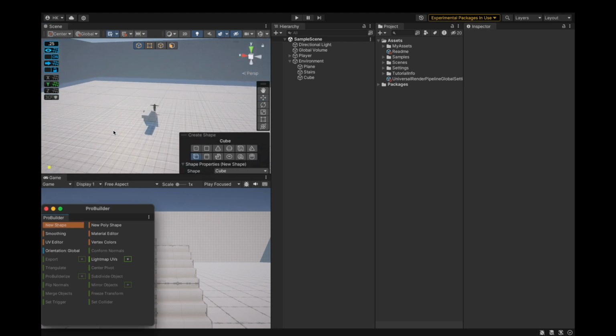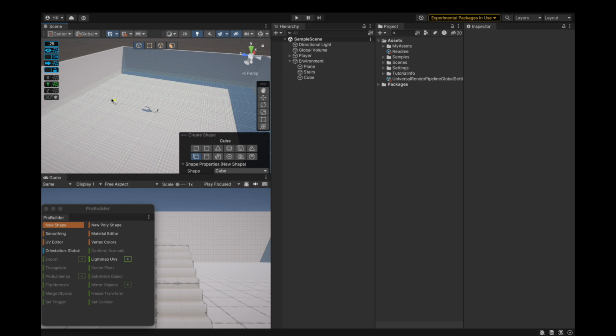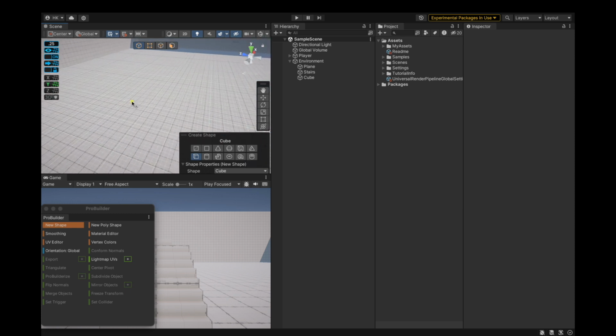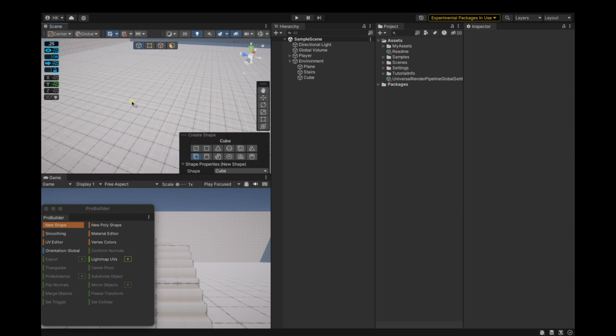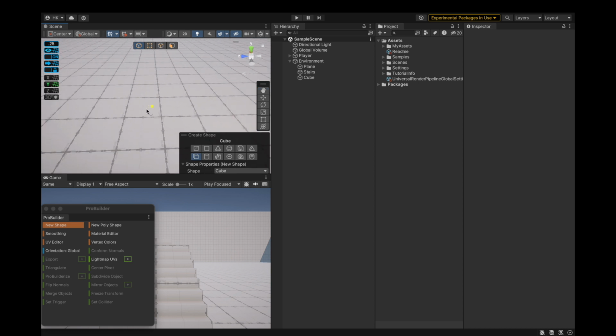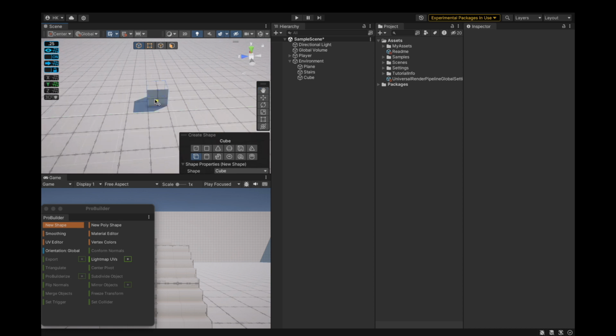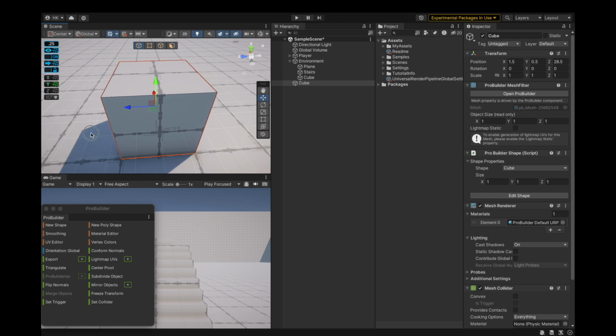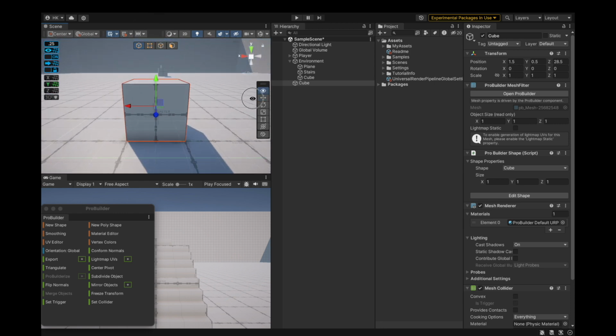So let's now start building something else. So new shape, we'll build a building now. So new shape, and now I've kind of fast forwarded it to double speed. That's why you can see it going too fast. Okay,